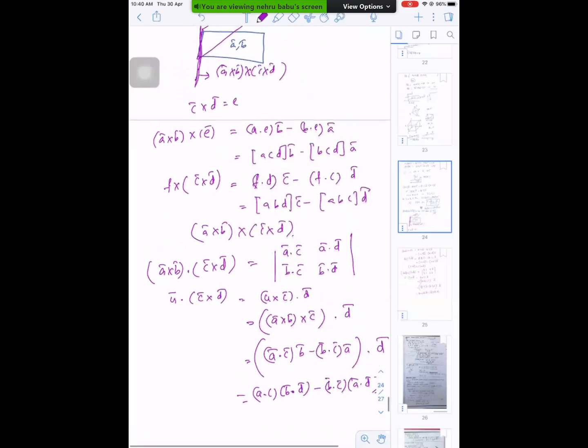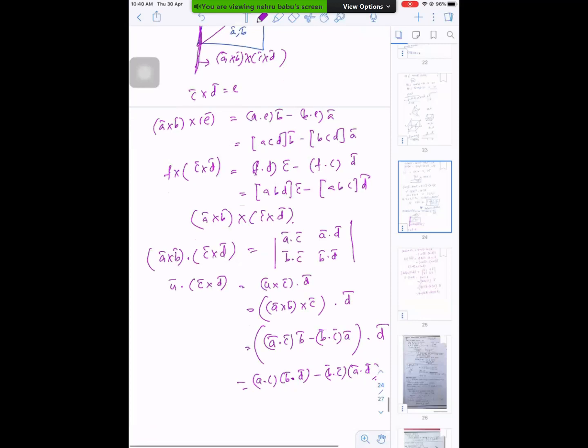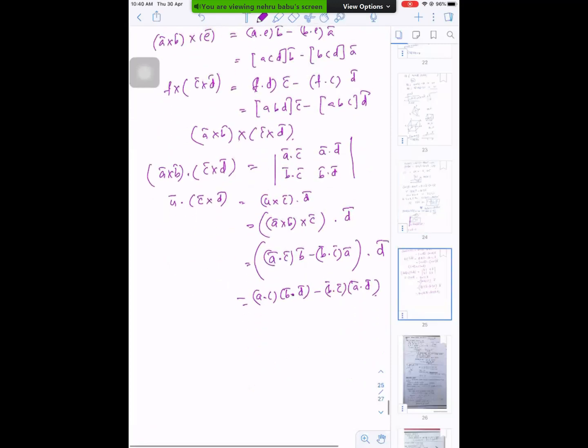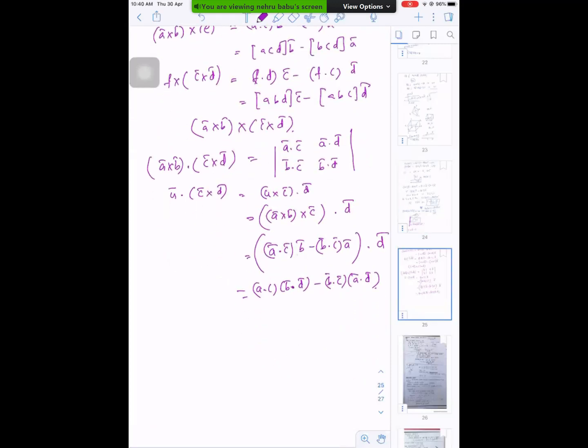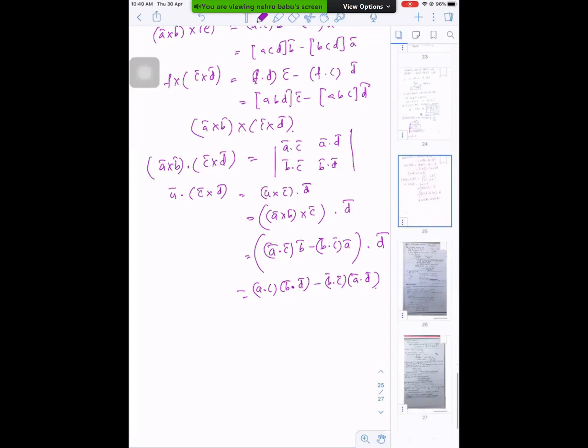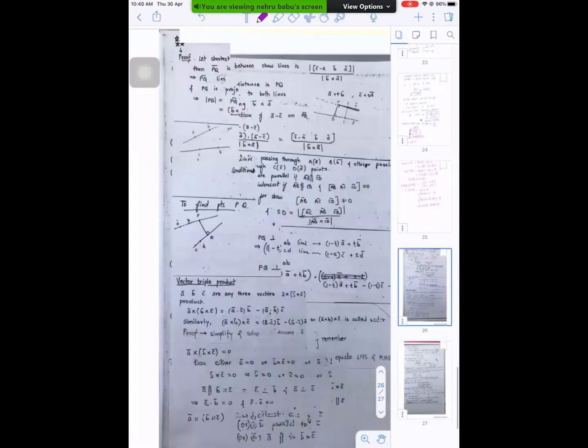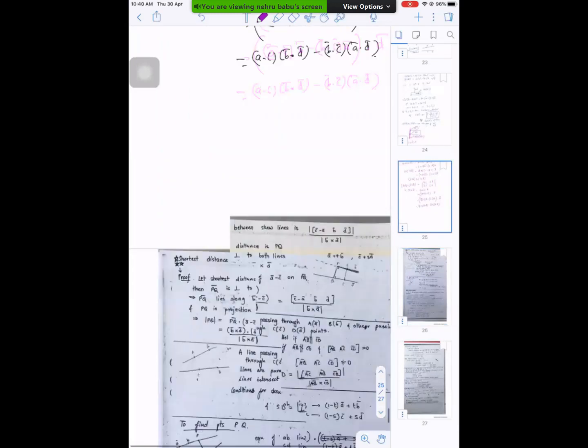Based on these things, some big problems are also there in your workbook. You can check some, like A plus B plus C, A cross B cross C cross D, A cross D cross B cross C. Big problems are there. When you are doing those questions, you have to apply the formulas carefully, depending on what you have to write. Any doubt in this part?